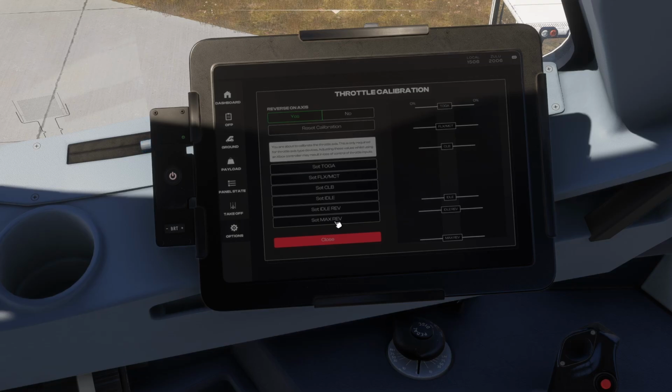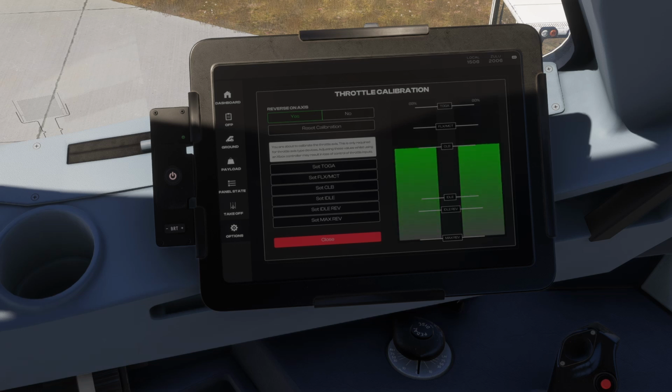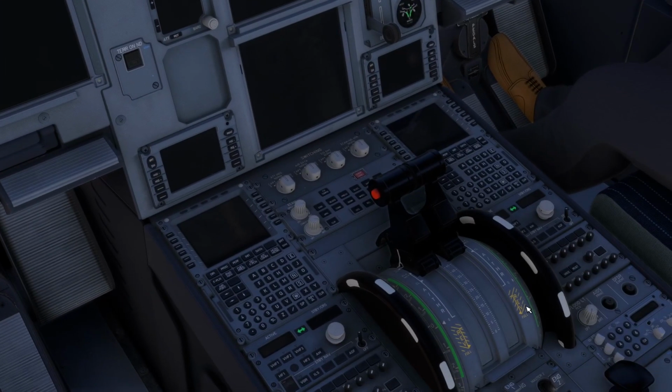I will do that. Then you simply move the joystick into these positions, like max rev, you press the button, then you move it to idle rev, you press the button, then you move it to the idle and press the button, then you move it to climb, you press the button, you move it to FLX MCT, and then finally you press it to set to go. And finally you set it to take off and go around, and then you should be fine. Once you've done that, you can click close and it will return to this window,